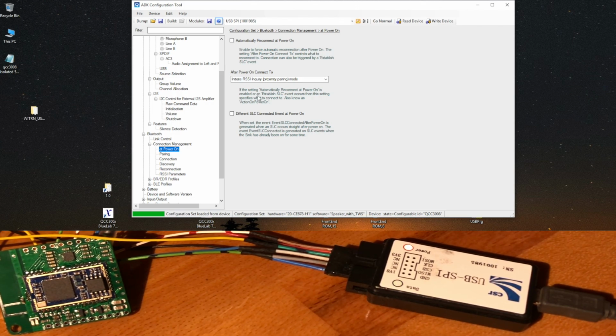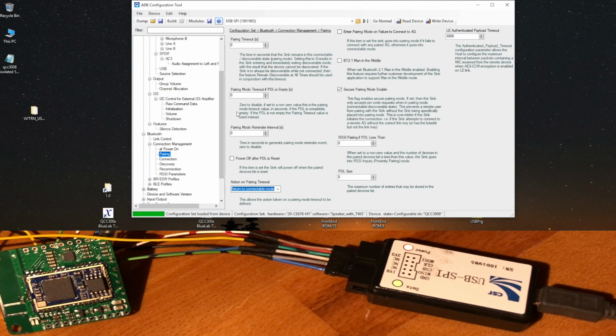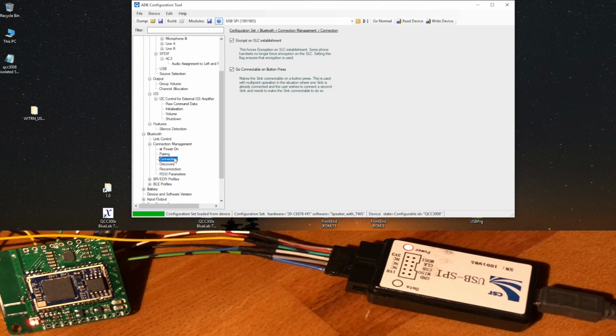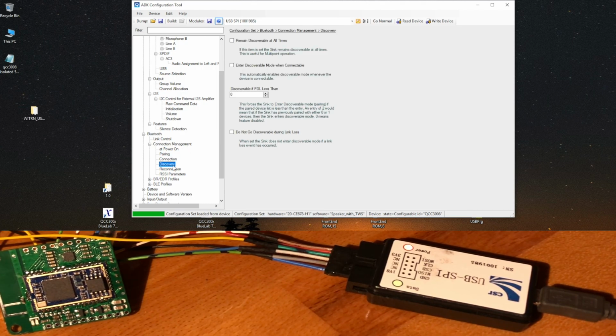I have had problems where these devices would not connect to the last phone, and it was to do with stuff over here. So don't play too much with this, or if you do, then do come back to this. Again, pairing, I think I haven't ever changed anything here. Connection, discovery,